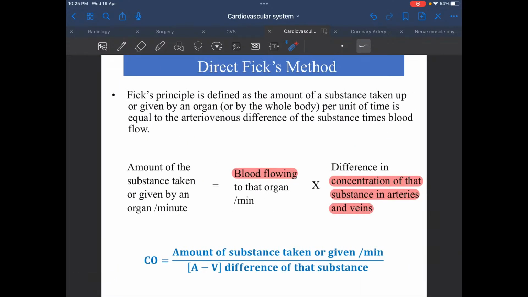And what was that? The amount of substance taken up or given by an organ is equal to the blood flow times the difference in the arteriovenous concentration. Whenever I have to calculate this, I'm going to divide it. The amount of the substance taken or given by an organ per minute divided by the arteriovenous concentration of that substance is going to give me the cardiac output. The same could be done for renal plasma flow, but in that case we are going to use something known as PAH. And why only PAH? Because if you remember,